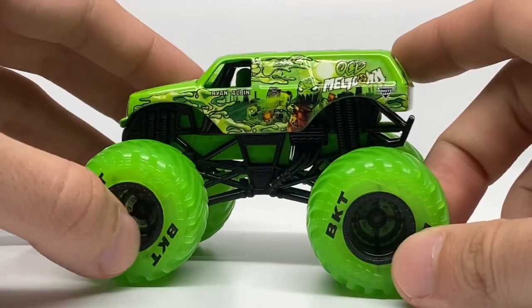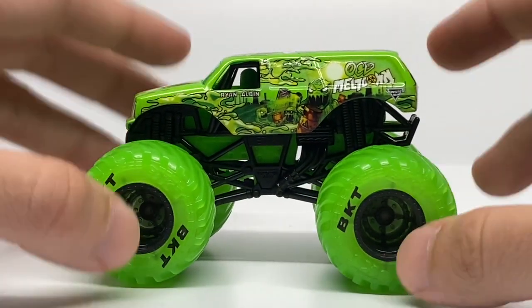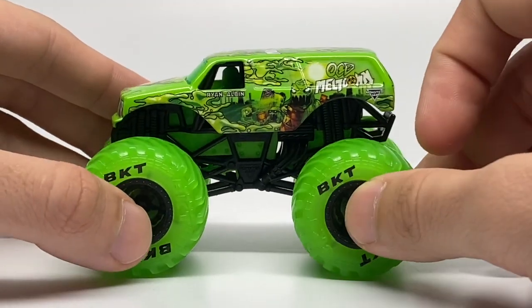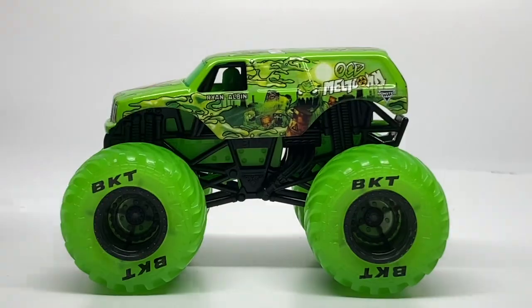Now it's time to check out the special feature, which is the glow in the dark, and that occurs inside these tires. So let me get this thing charged up. Let me turn off the lights, and you guys can see it glowing in full action right now. So here it is in glowing form. We have those tires with those